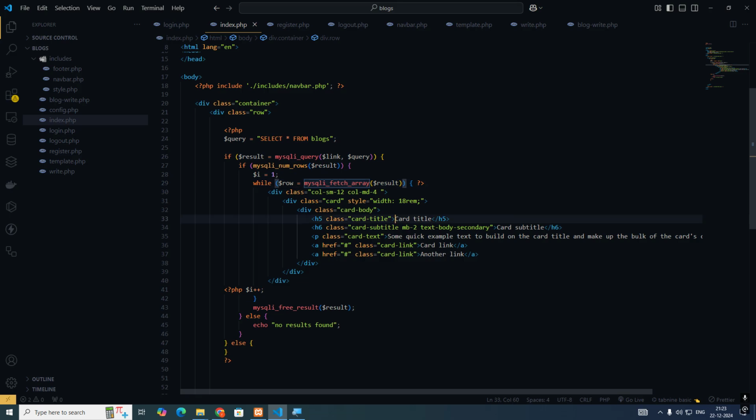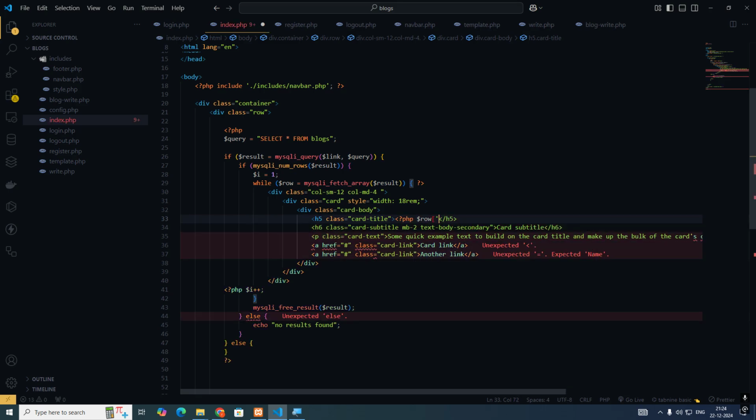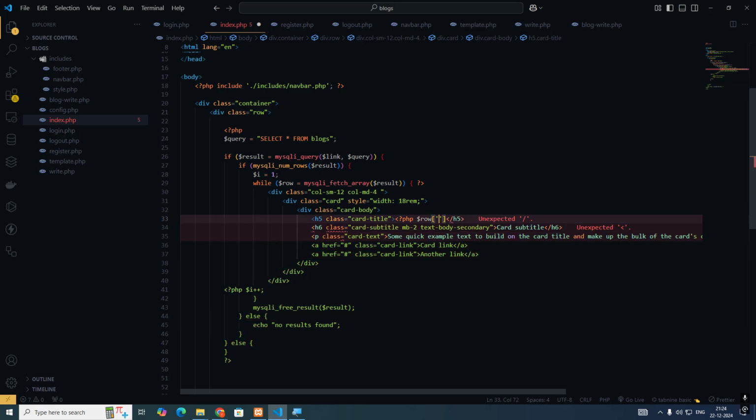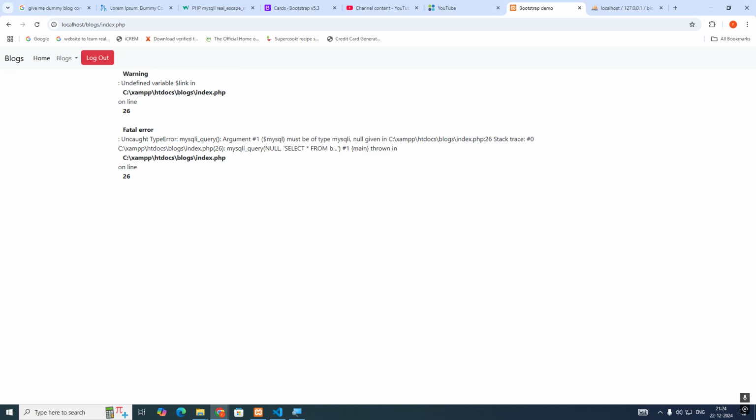So for the name of the card title, we'll just use PHP, echo $row and the table name. In this case, the table name would be title: $row['title']; and stop. So if I refresh, $link,